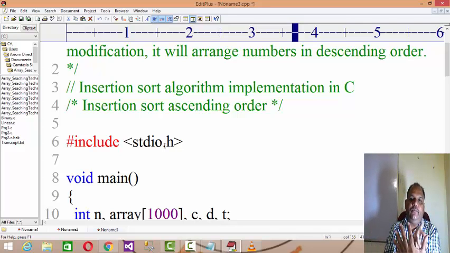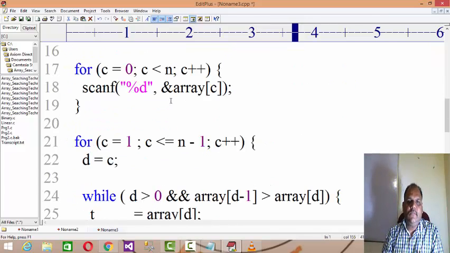You will not start with 0, because there is nothing to compare. You will start with 1. 1 will be compared with 0, and if you want to arrange it in ascending order, and the first card is greater than this one, then it will occupy the first position. Then you start with the second position, again do the same. It's like where should I put this card. If you repeat in this manner, you will get the logic of the insertion sort.